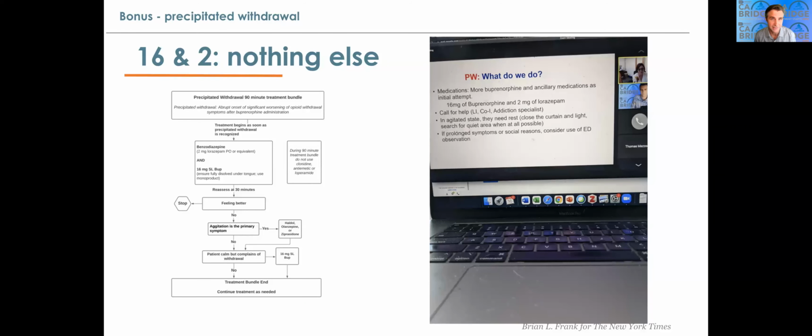It's my hypothesis that if you do this, you're going to prevent these truly fulminant cases that spiral into cascading intensity and end up in the ICU and intubated and all this kind of crazy stuff. I've just never seen that if you aggressively treat it up front with benzo for the anxiety, distress, delirium spectrum piece of it, and then 16 to get a solid agonist dose into them. And just so you know, this is the approach we're now using in this giant trial. We've got 30 sites trying it. This is kind of where we all landed. The consensus is to be simple: 16 of buprenorphine with a little benzo.